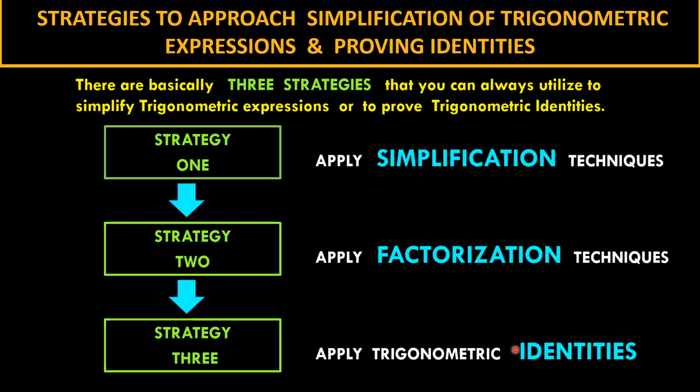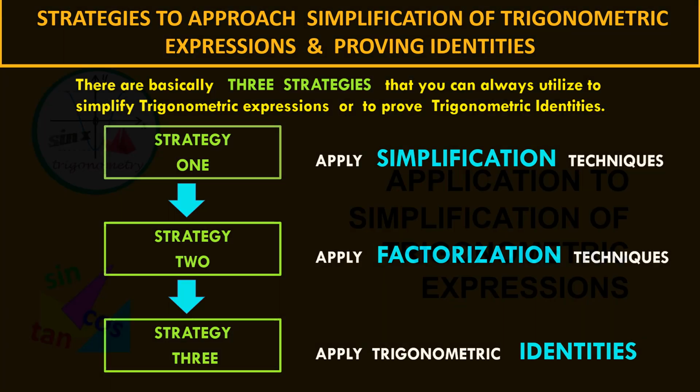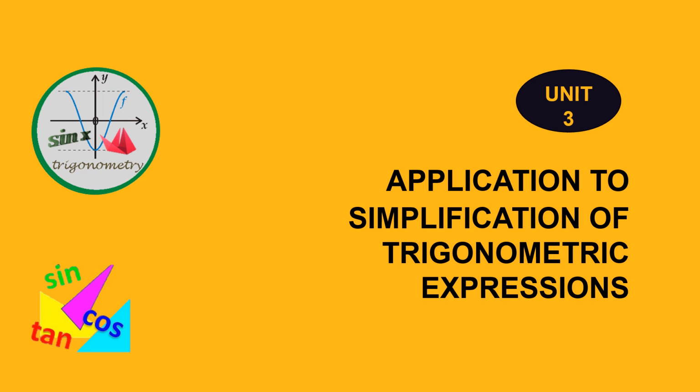Or once you have an identity, you might notice you can simplify after that. And so always do it in this order here. First try simplification, then factorization, and then identities. And this is what we're going to do with the next few slides to illustrate these techniques to you with some specific examples. Now let's see how we can apply these three strategies to the simplification of trigonometric expressions in